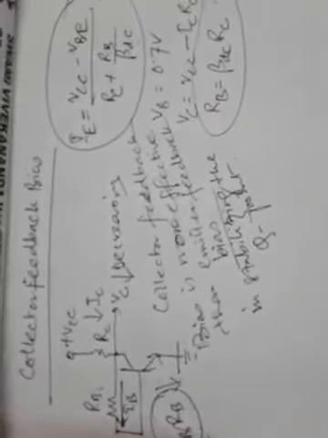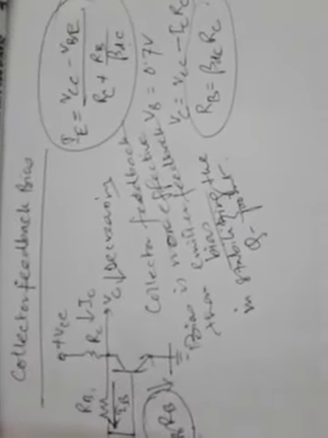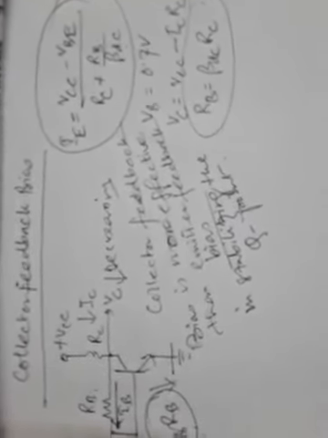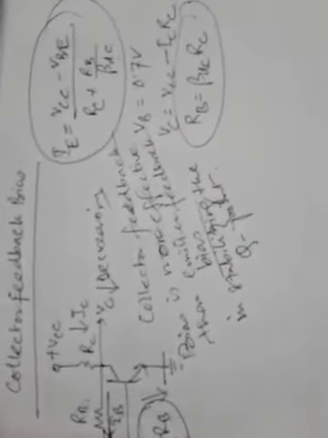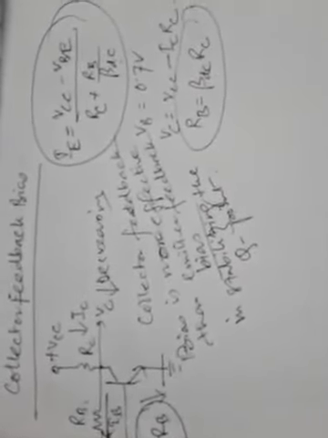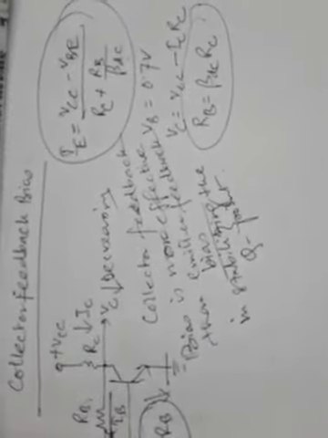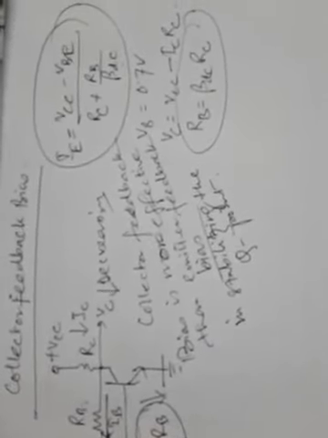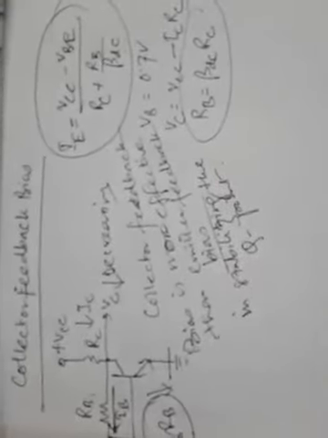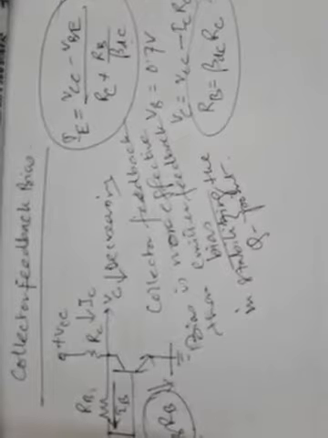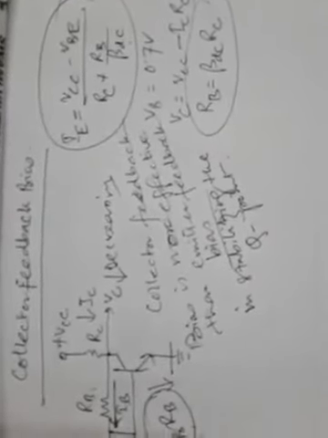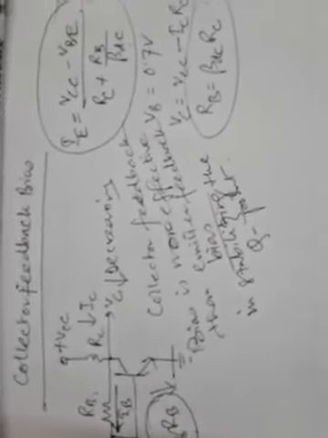Although this particular circuit is still sensitive to changes in current gain, because not on all occasions can this term be ignored with respect to RC, we cannot ignore the effect of changes in current gain. But still these two techniques, collector feedback bias and emitter feedback bias, may be used because of their simplicity in design.